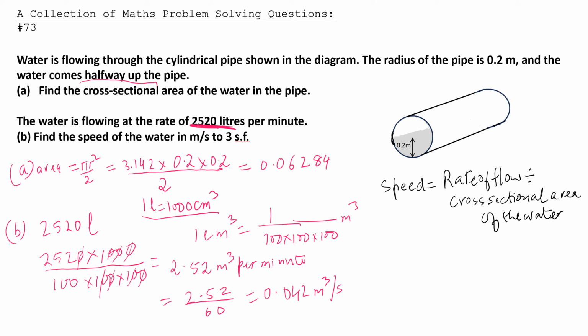So the speed equals the rate of flow, 0.042, divided by the area of the water, which is in meter square. Sorry, I didn't put in the unit. So that will be divided by 0.06284, and that gives me